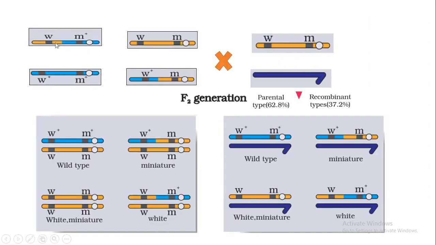Okay, this one is the recombinant one. Okay, so WM plus. So quickly say what is this? It's going to be small w. So this has white color eye and miniature wing. And in the recombinant one, it is going to have a red color eye. Okay, and it's also going to have a miniature wing. Got it? And in the 4 gametes, 1, 2, 3, 4, the male gametes